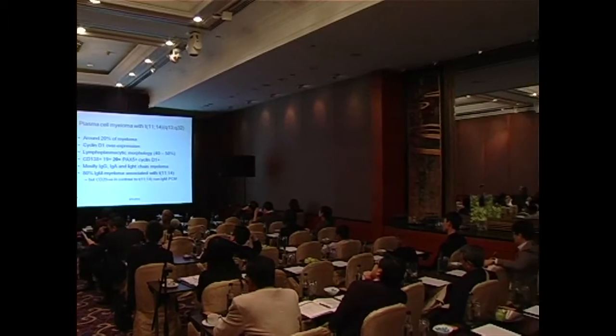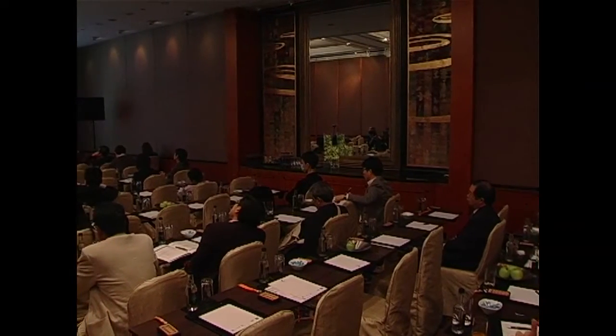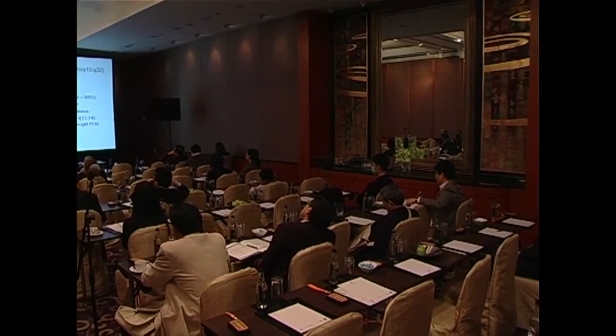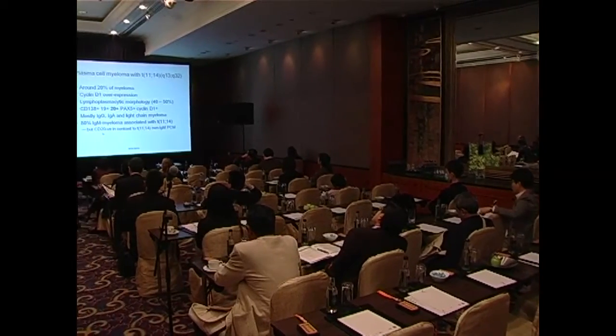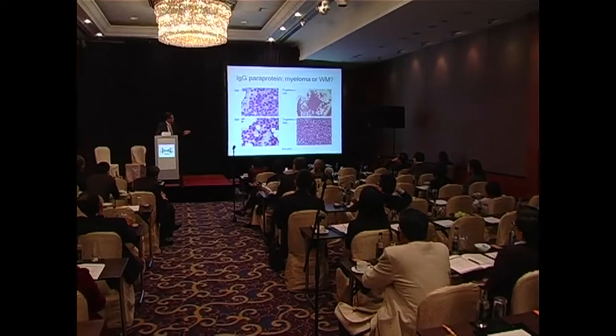The typical phenotype is CD138 positive, CD19 positive, CD20 positive, PAX5 positive, and cyclin D1 positive. Mostly IgG, IgA, and light chain myeloma. Although in one report it was said that 80% of IgM myeloma could be associated with this translocation. But mind you, these are by definition CD20 negative. So our previous case is really a rare exception. So how about this case? Okay, so when I look at the marrow,